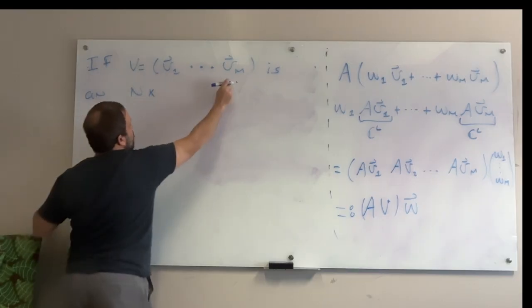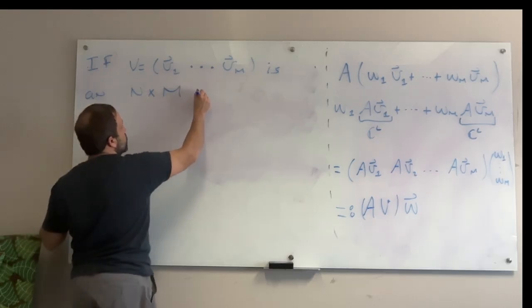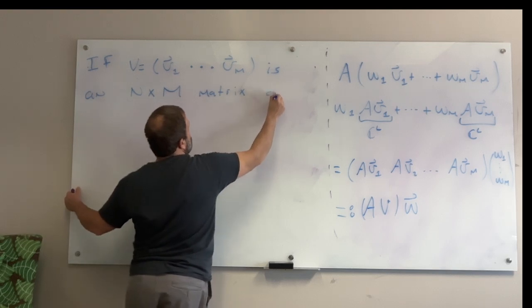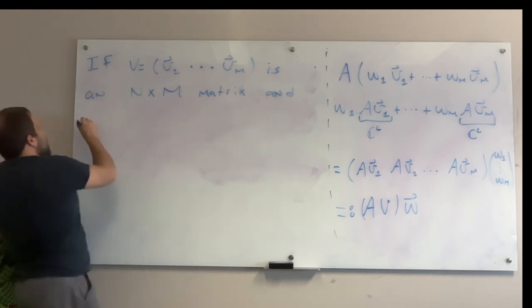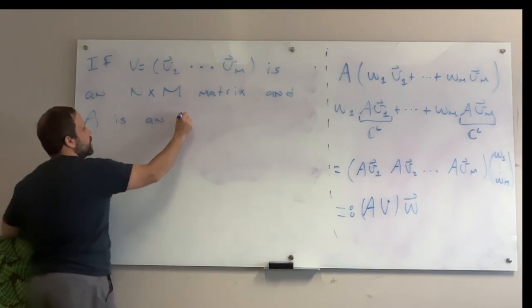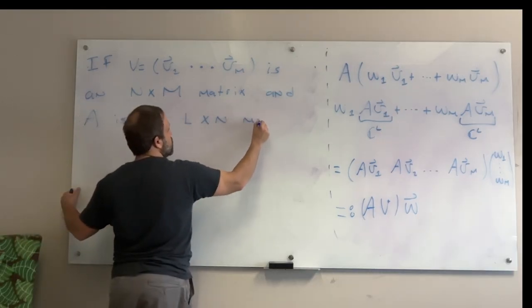All of these column vectors are n-dimensional vectors, so V is an N by M matrix, and A is an L by N matrix,